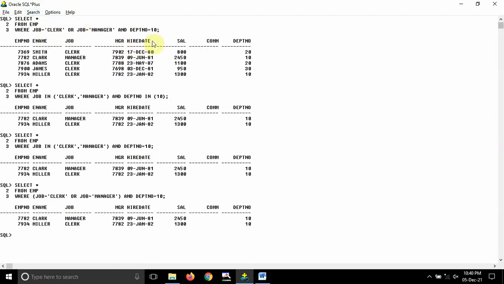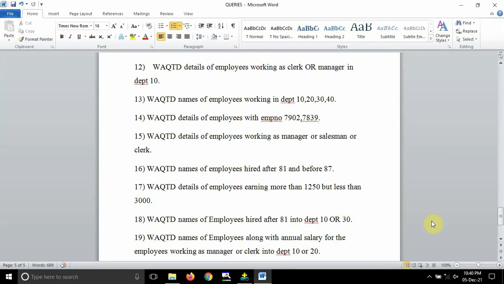Okay, sorry, I have written this one wrongly. I need to use brackets, since the job condition is repeating here, right? I had not used them, so that's why I got the wrong output. I don't know why I had not noticed that already. Sorry for that. Clear screen. Okay, so I have cleared the screen now.